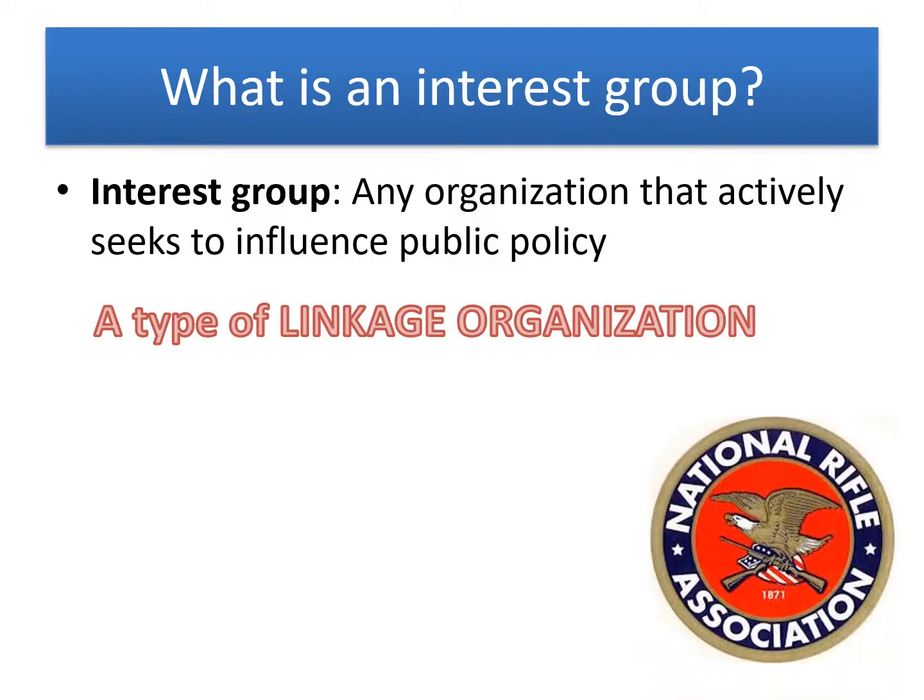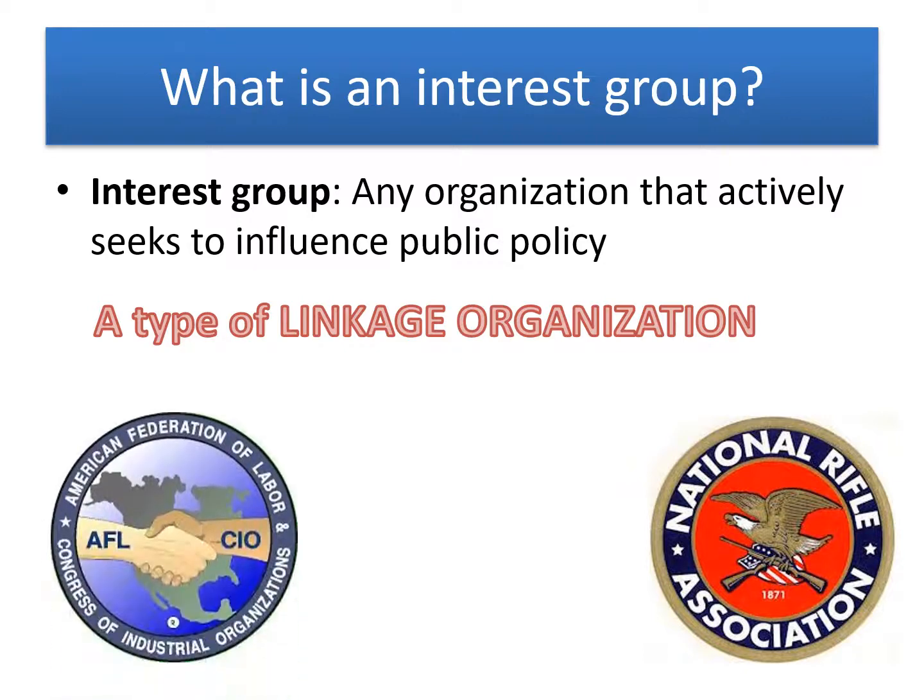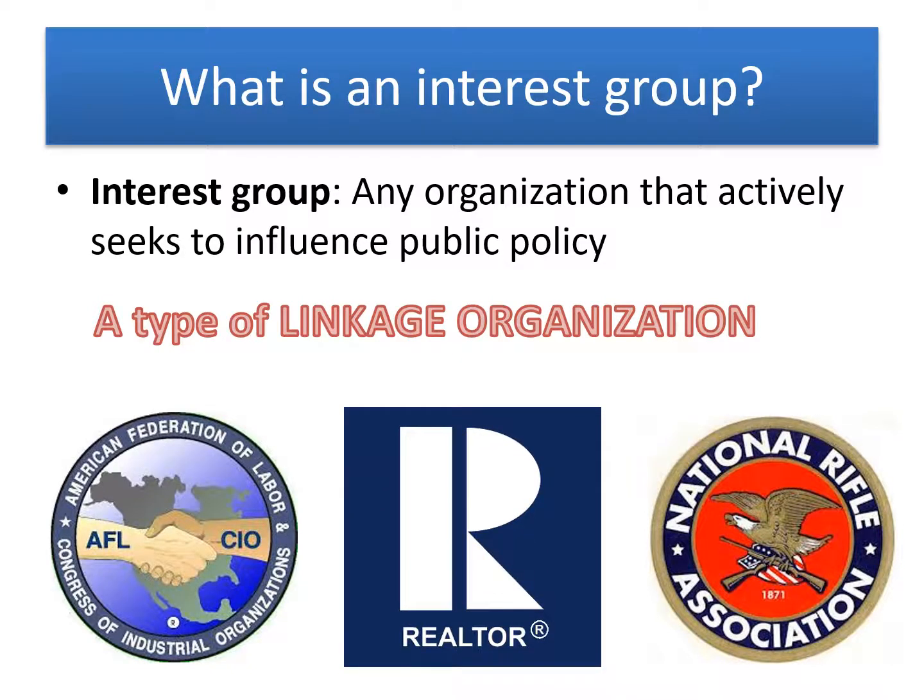Examples of interest groups are the National Rifle Association. That's probably the best known one. I find students are usually pretty familiar with that. But there are many other types of interest groups, some of which are very, very different from the NRA. For example, a labor union like the AFL-CIO, which is an umbrella labor organization, is an interest group. Even business organizations like the Association of Realtors is an interest group. So there are many different kinds of interest groups, and we're going to talk a little bit about that later